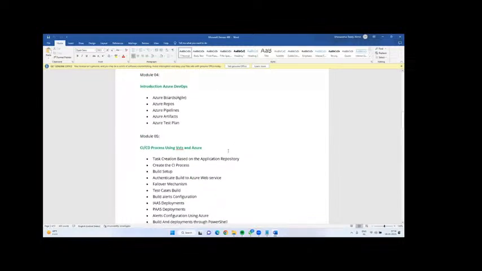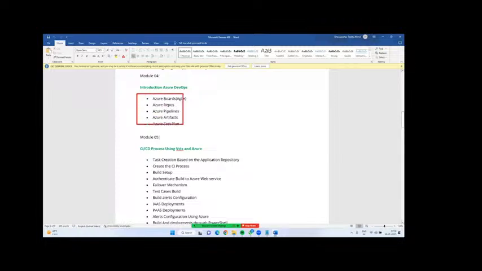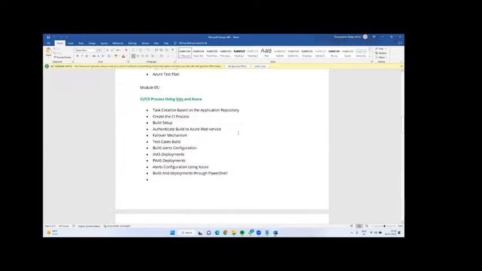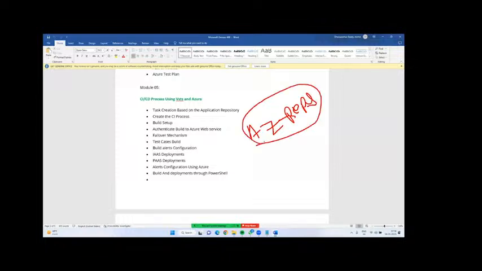Okay, next. In Azure DevOps, we have only 5 modules: Azure Boards, Azure Repos, Pipelines, Artifacts, and Test Plans. Azure DevOps first implemented the Agile model. Next, Azure Repos. Before purchasing GitHub, Azure maintained its own repository, right? So they provided Azure repositories, and using that we can store our project code.